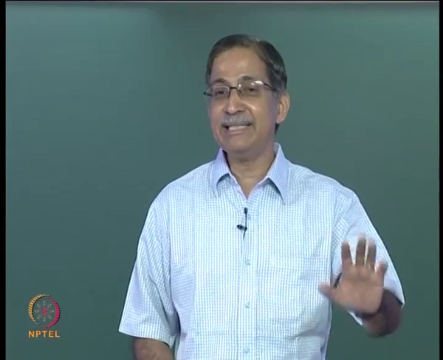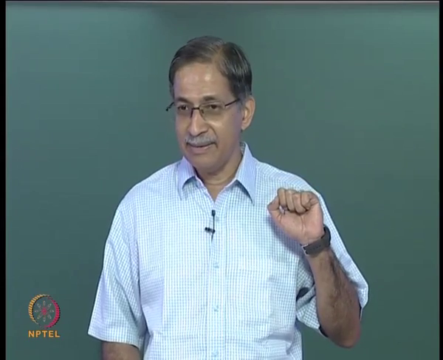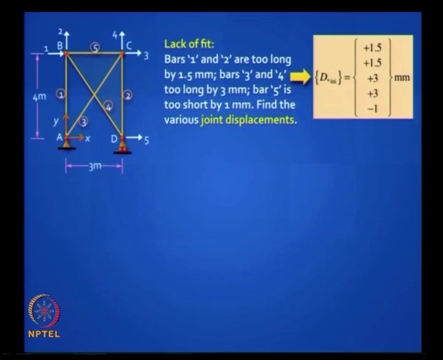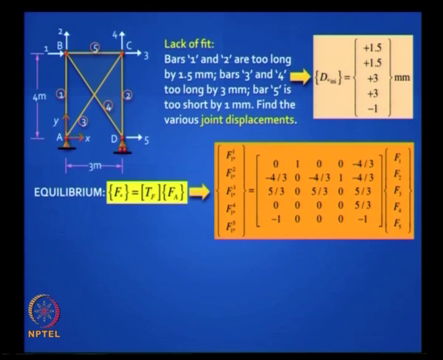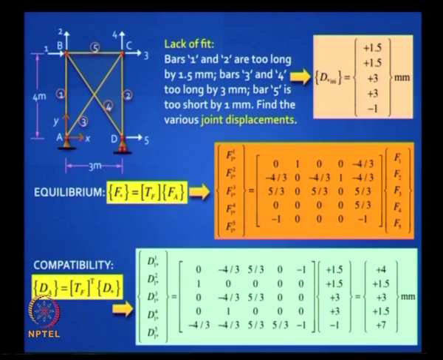You have an initial displacement element level matrix, which vector you can write like that, INI short for initial. Do you agree? I put plus when I have a larger length, put minus when I have a shorter length. Does it make sense? Right? Then I invoke this powerful principle. This is my TF matrix, and I take the transpose of that matrix. I have got all the answers in one shot, if I am using MATLAB, correct.